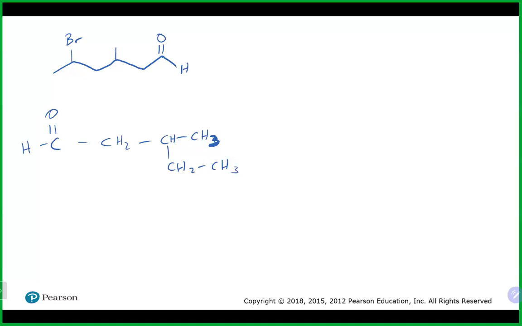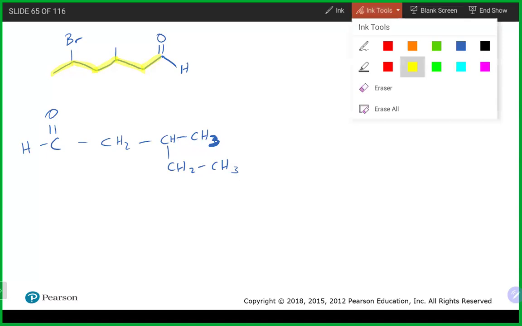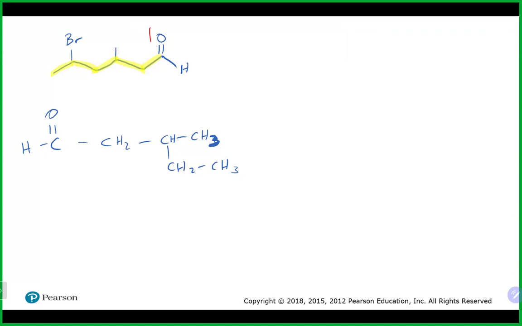We'll start with the first one, probably straight across here: 1, 2, 3, 4, 5, and 6, right? So we have our functional group there at the end. Again, that is our aldehyde group, as that is a carbon right there. So we know this is an aldehyde. We've got 6 carbons, which means